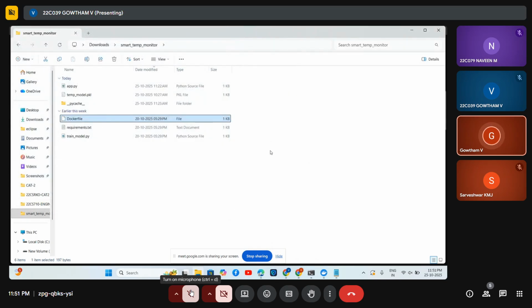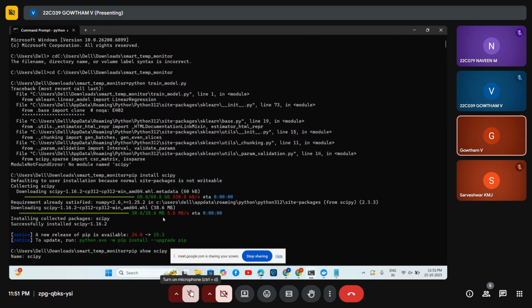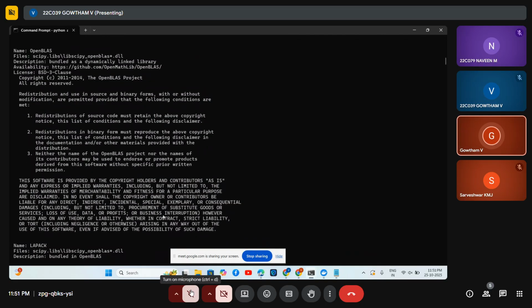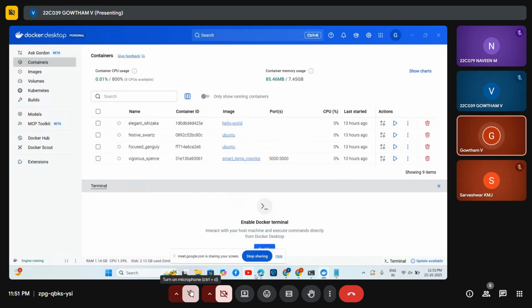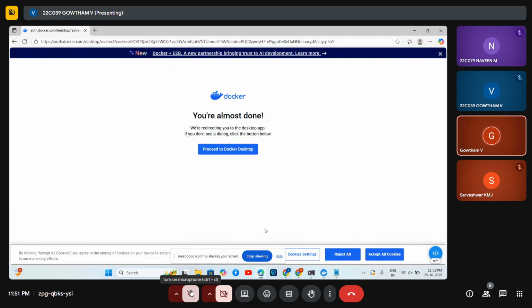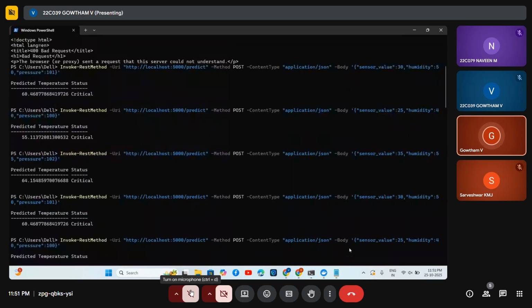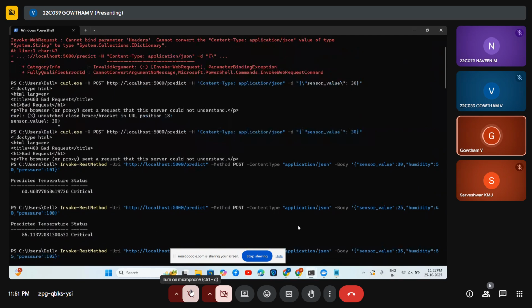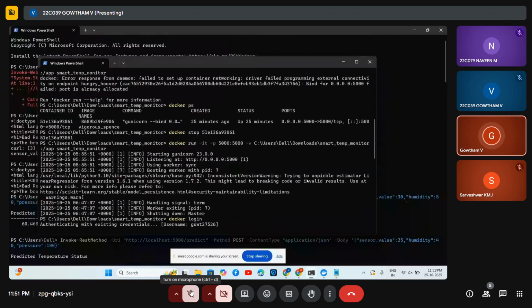So to convert the application into a Docker container, we install the Docker engine as well as Docker Desktop on this local system, and then create the image from the Dockerfile. That can be done using various commands, like the docker build -t command, which is used for building the